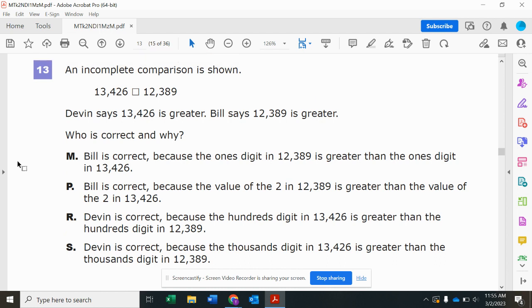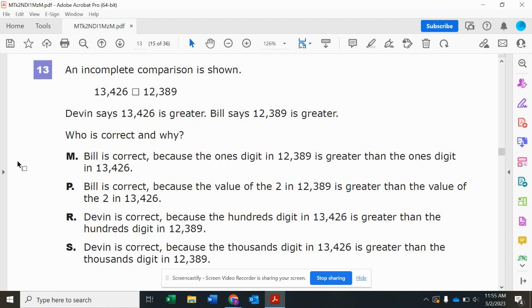Question 13. An incomplete comparison is shown below. Devin says 13,426 is greater. Bill says 12,389 is greater. Who is correct and why? M. Bill is correct because the ones digit in 12,389 is greater than the ones digit in 13,426. P. Bill is correct because the value of the 2 in 12,389 is greater than the value of the 2 in